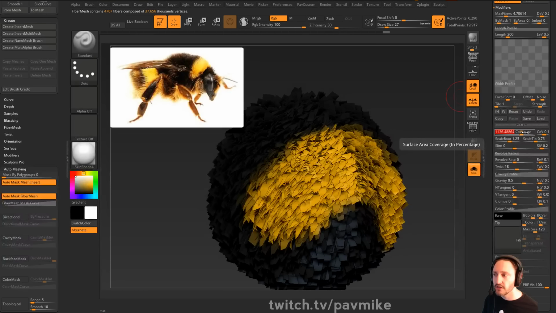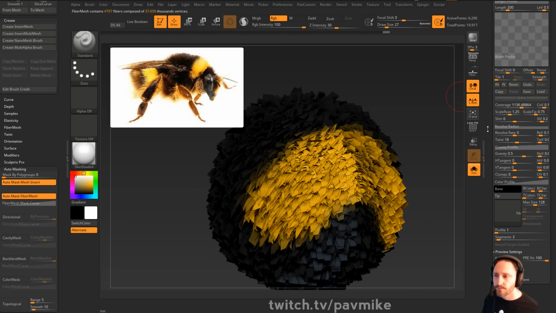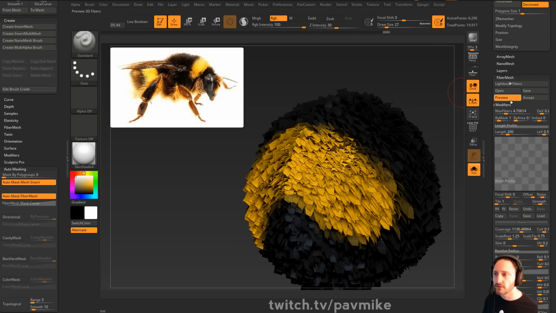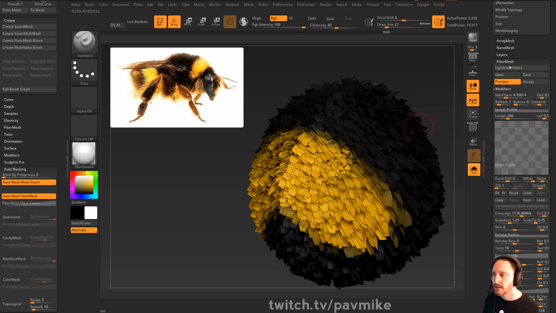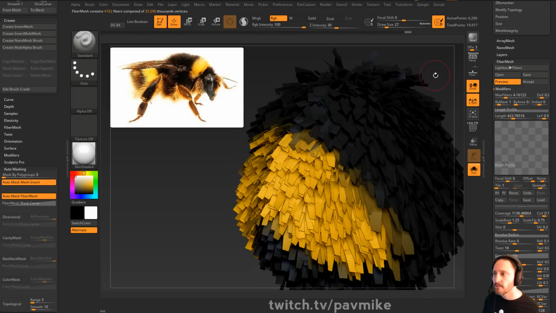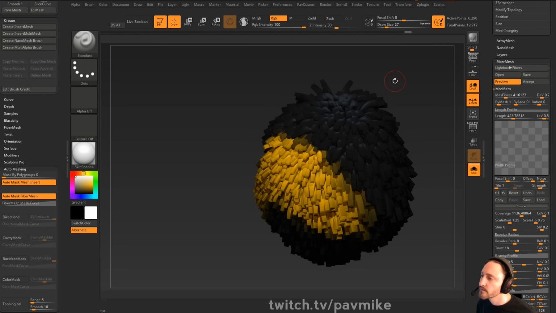You can also change anything that has a setting. You can go in here to variance. So this will give you a little bit of variation between these settings. And now if we take this one, we can also change our length profile. So we made them really fat and they're kind of stumpy, which is what this fur is basically. But if we crank up our max fibers a little bit or down, and then our length we can change. And you're going to see it kind of looks like cards. If we go in here and BPR render this one, you're going to see it kind of turns into chunky